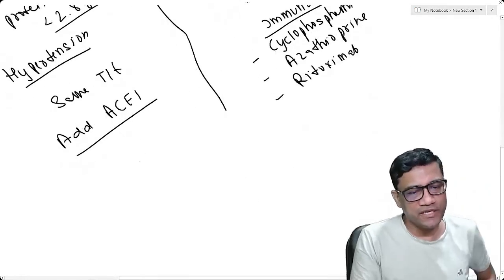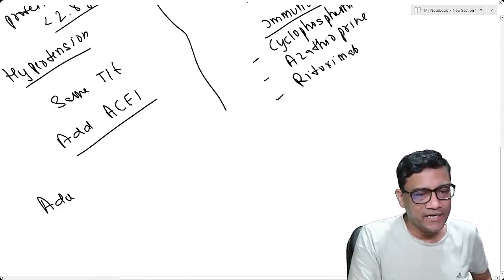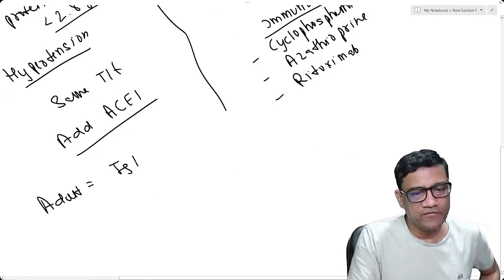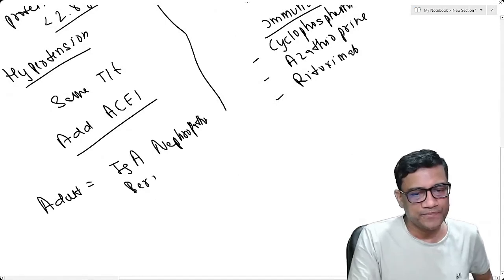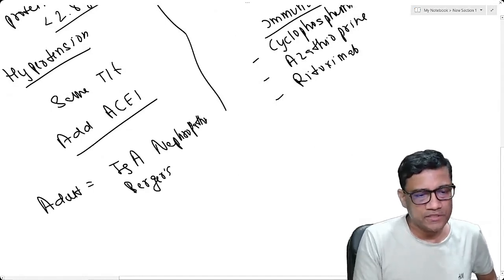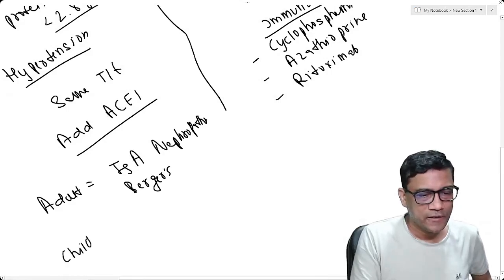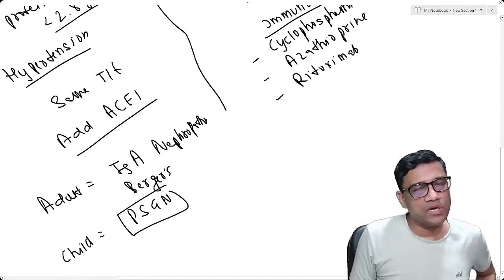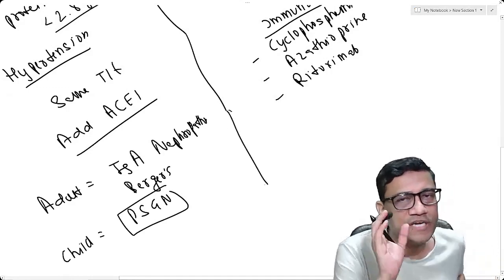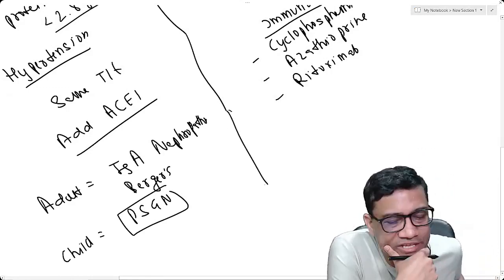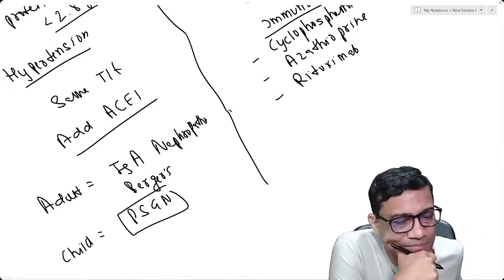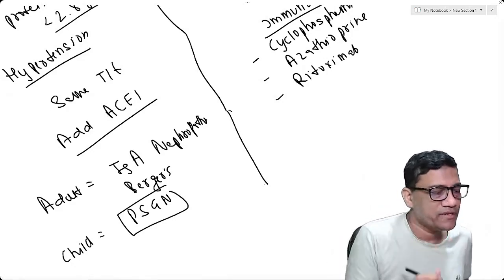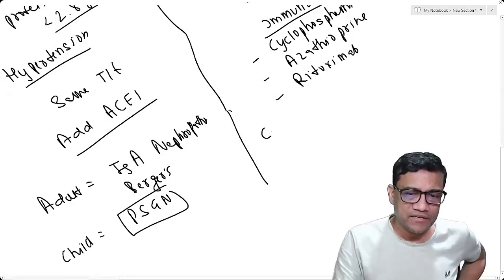Now remember which disease it is. In this, if it is an adult, then IgA nephropathy, Berger's. And if it is a child, PSGN, post streptococcal glomerulonephritis. So if a child comes with Coca-Cola urine, think PSGN. If an adult comes, then you think Berger disease. Are you clear? And here same, if it is a child,